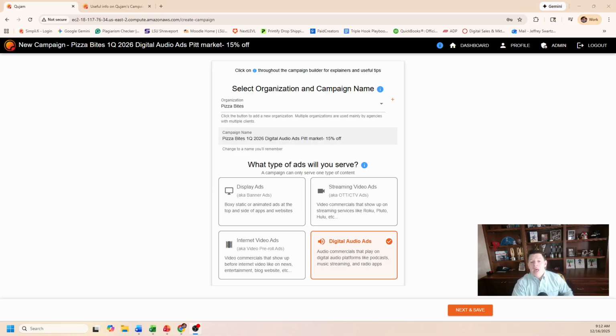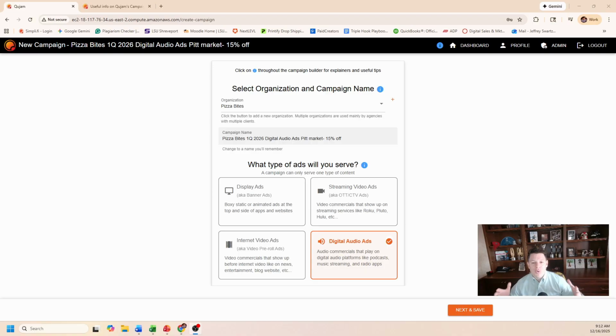So that said, having a mix of different advertising mediums, not just these ones on the screen, but across the board in your marketing efforts, is important to a successful holistic campaign. And I say this as somebody who has been advertising for 20 years and ran ad agencies for 11 years. This is more of a strategy hat that I have than my Qjam hat. Okay, so